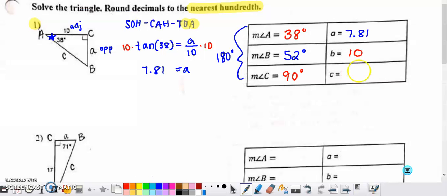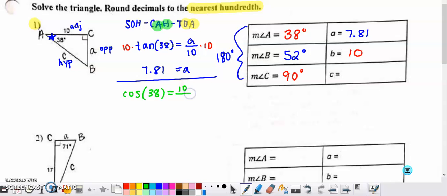Alright, so now we're left with one unknown, and that's side length C. You could use Pythagorean theorem at this point, but because A is a rounded answer and you may have gotten it incorrect, I would shy away from using Pythagorean theorem and instead just set up a different trig equation. Instead of this time using A and 10, use C and 10. So C is the hypotenuse, and if we want to use the hypotenuse and the adjacent side, that's going to be cosine. So let's set up a cosine equation of 38 equals